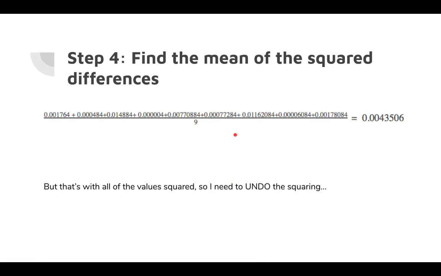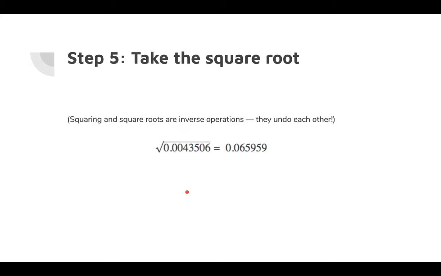Then I've got to take the average of that. So I added up all those tiny numbers and divided by 9 again. But I know that's all of my values squared. I need to undo the squaring. So the opposite of squaring is taking the square root. So I take the square root and I end up with this number,